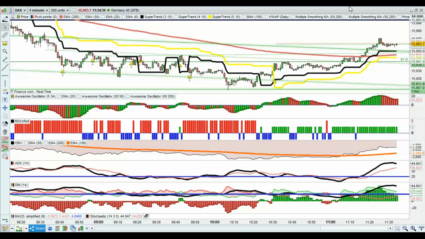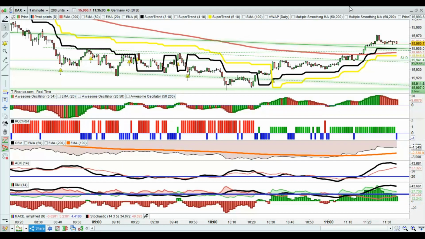Now, you should have set up your IG accounts by now and implemented ProRealTime within IG. And so now it's time to set up the charts. So the chart you're looking at the moment has everything that you're going to need to trade with, all the